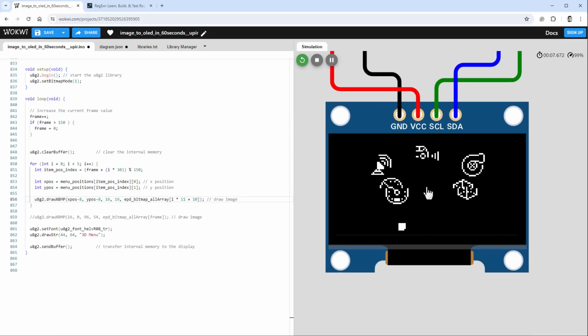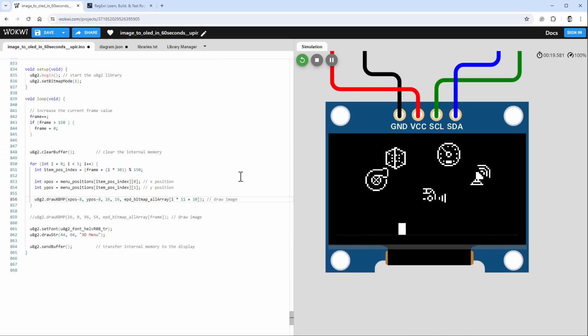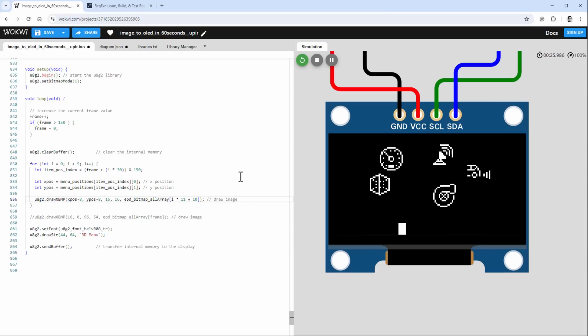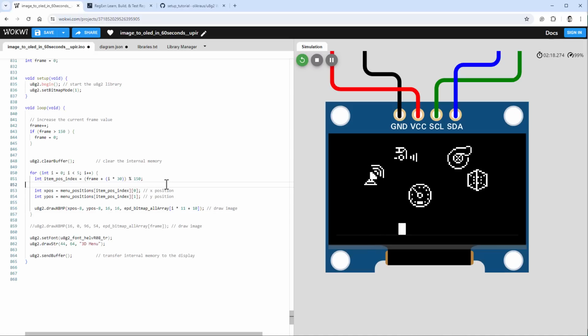Somehow they are blinking and we are missing the label on the bottom of the screen. And I know exactly what's wrong, but unfortunately it's quite hard to tell from walkthrough simulation, and that's because walkthrough doesn't tell you about the memory usage. The problem that we are facing is that we are running out of memory, and we can easily tell it